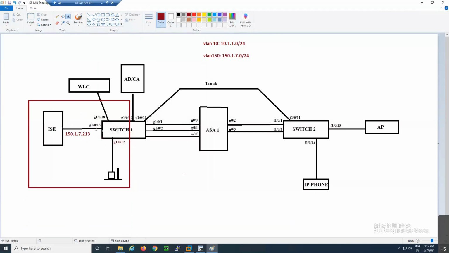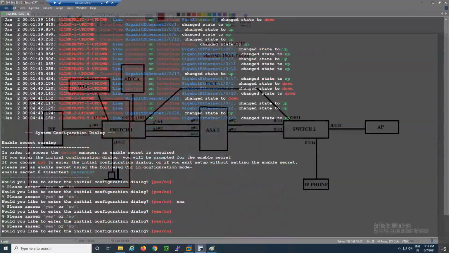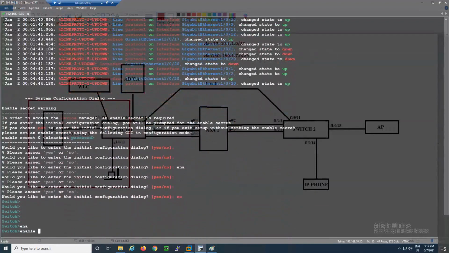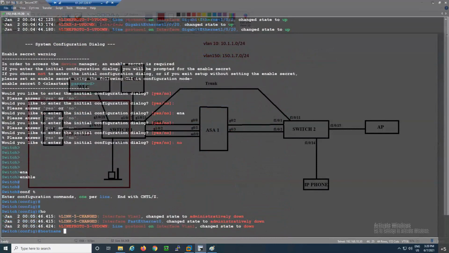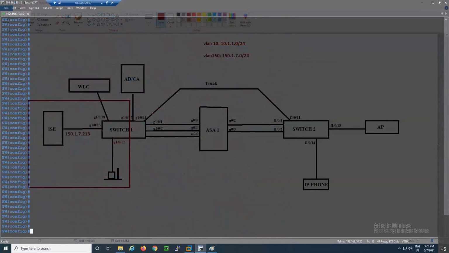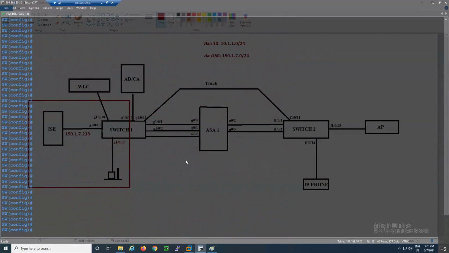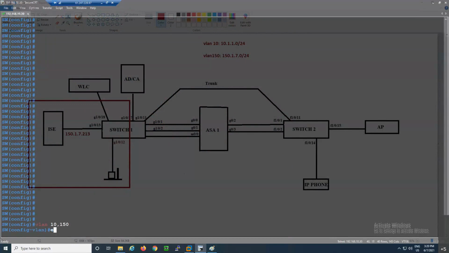Let's go to the switch. Now let's configure VLAN 10 and 150.